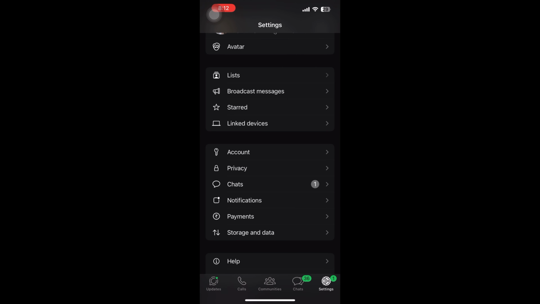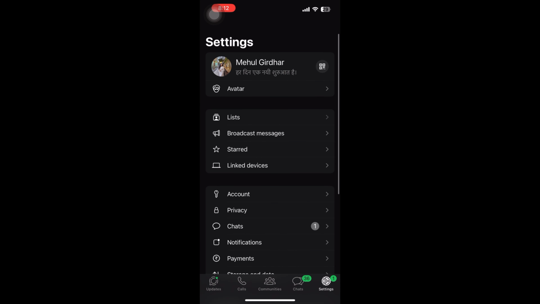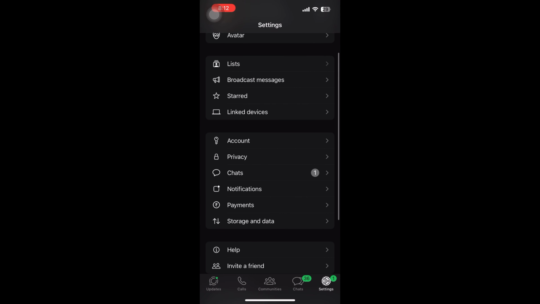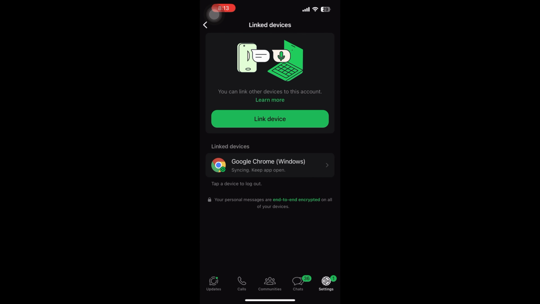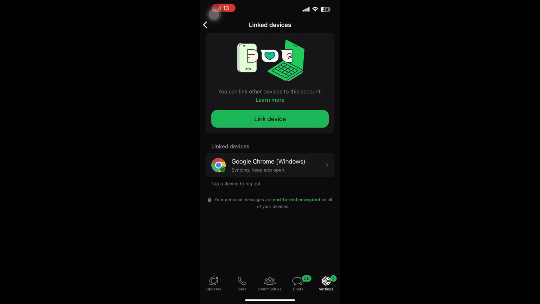So what you gotta do is go to the settings area of your WhatsApp, right? And tap on Linked Devices, the fourth option, which you can see on the screen. And the devices that are linked are visible on your screen like on mine, right? So you have to first see if this device is yours or not,